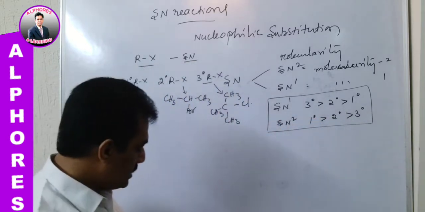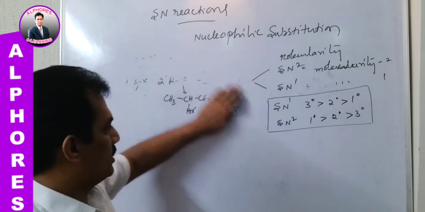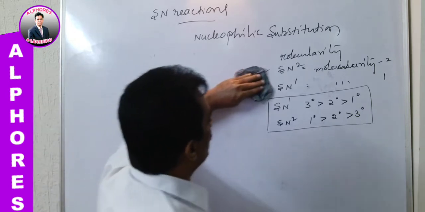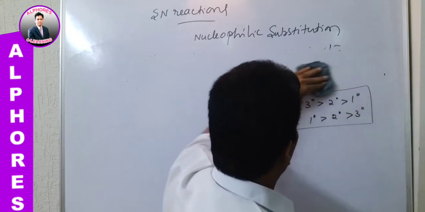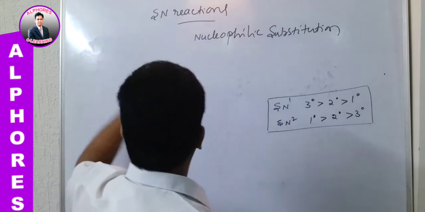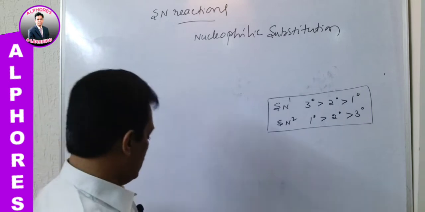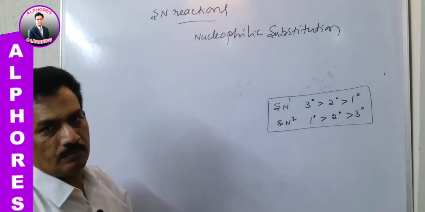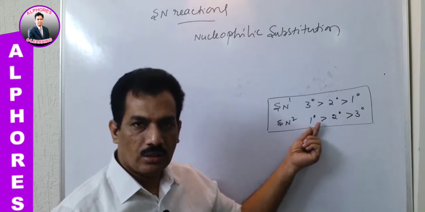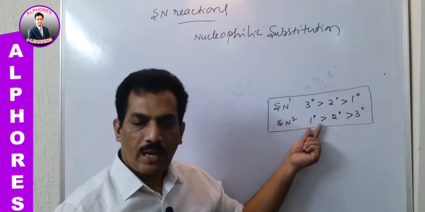Clear? First let us see what is happening in the SN1 and SN2 mechanisms, and thereby we can adopt different factors. Once we know what is happening in the SN2 mechanism and in the SN1 mechanism, then automatically these other factors we can draw from that mechanism. Now let us see what is happening in SN2 first. It is very favourable for primary alkyl halides, is it not? From the given information, the SN2 reaction mechanism is feasible for primary alkyl halides.